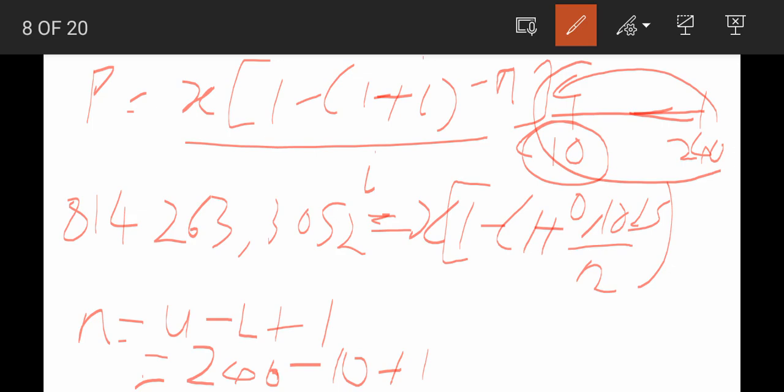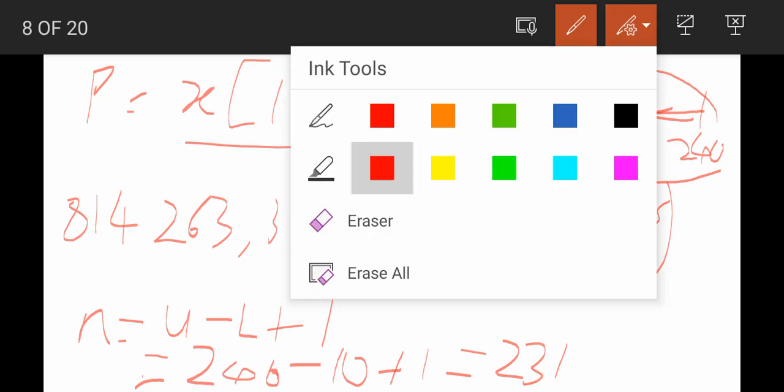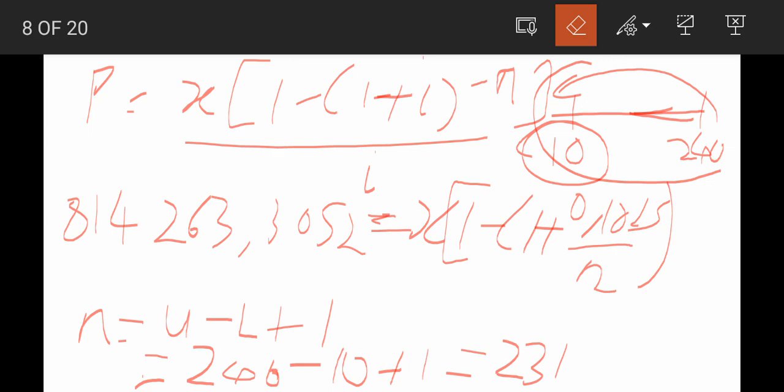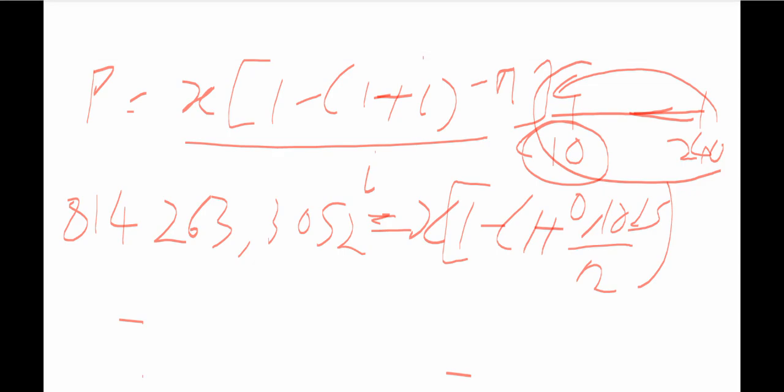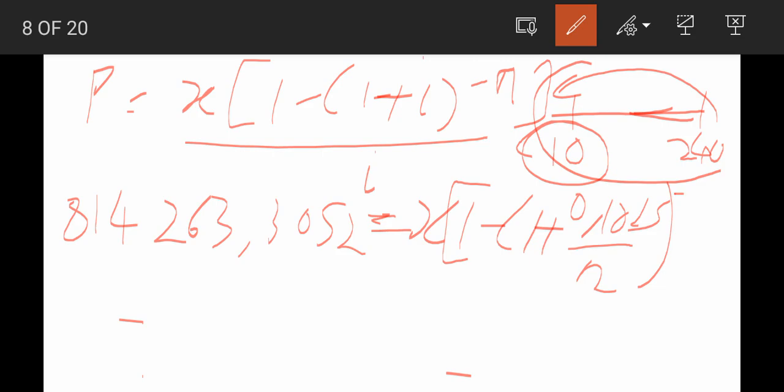So it's 240 minus 10 plus 1. Then the number of months that we should have there, or the monthly payments, it's not 230 but actually 231, right? So be careful with that one. Always draw your number line and then remember this formula: upper value minus lower value plus 1. So what do we have for our n here? Negative 231. Negative 231. So it's a negative, then close bracket like that,